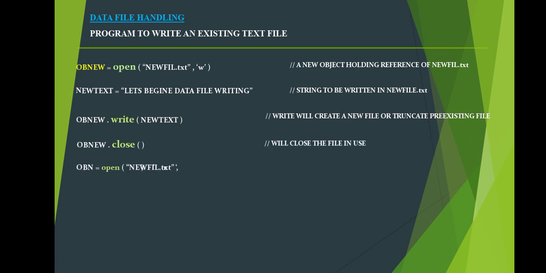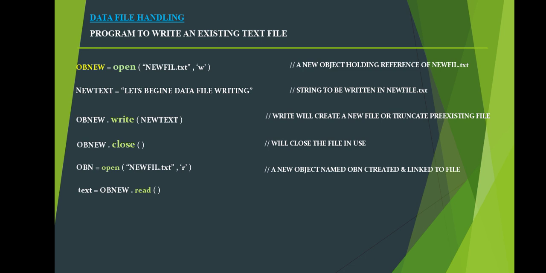So next, again let's see whether whatever we wanted to write into the file has been written or not. So here we opened the file in read mode. We wanted to read from the new file.txt. We don't want any kind of writing here. We want to check whether the previous writing has been successfully done or not. So we made use of the read function.